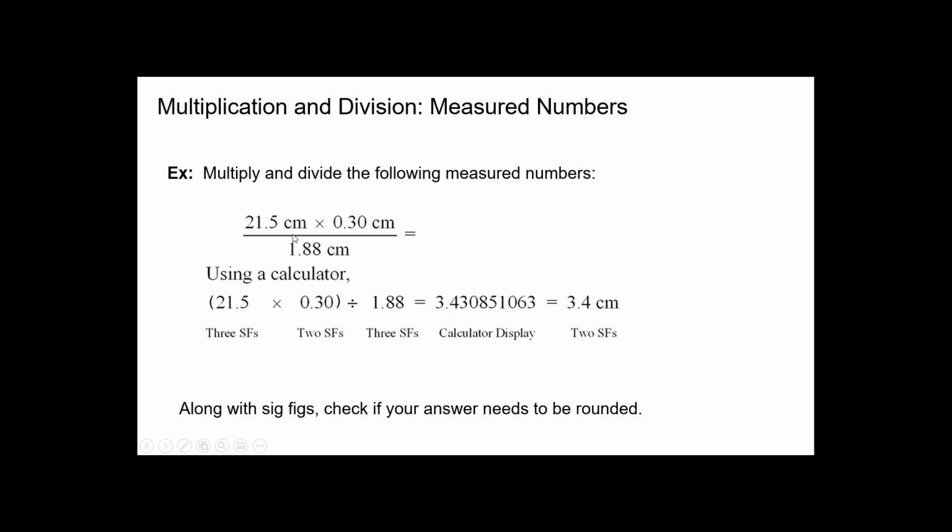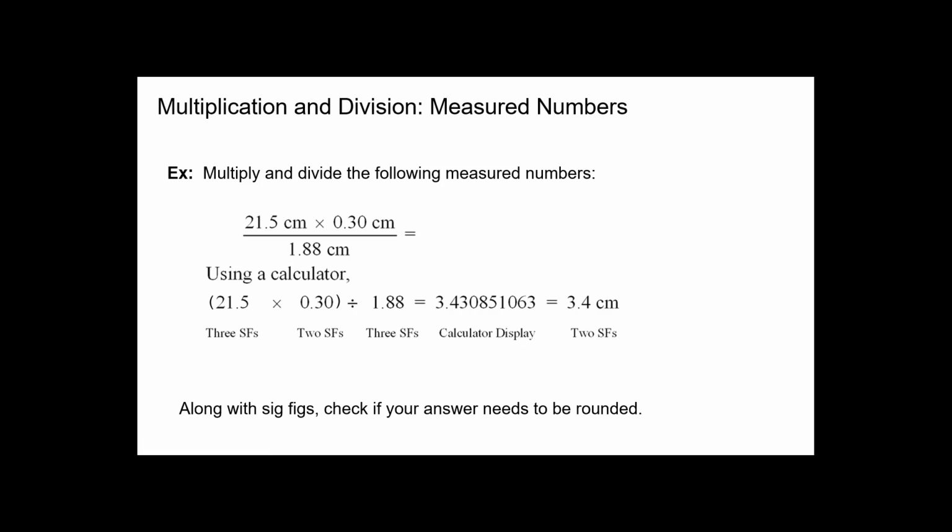Now, multiplication and division, we look at the overall values, and the number that has the smallest amount of values to it is the one that's going to match our sig figs that we need to use. So this has 3 sig figs, this has 2 sig figs, and this is 3 sig figs. So this is the value that has the least amount of digits to it, and the 0 here is a trailing, but it has a decimal, so it counts. We are going to take our answer and make sure we round it to 2 sig figs. So 3, 4, and 3 is below. We don't need it. So we're just going to simply cut this part off, and our answer is 3.4 centimeters